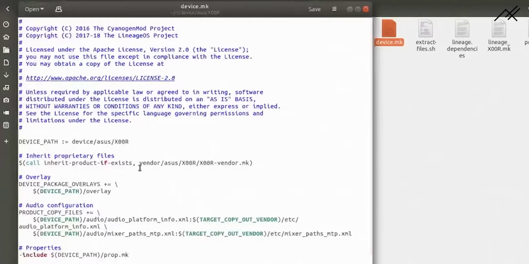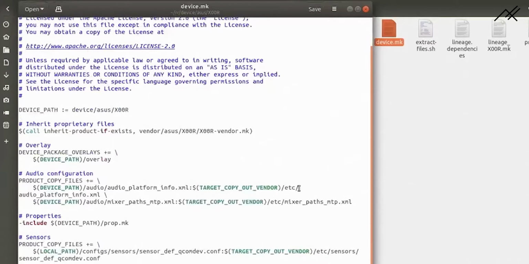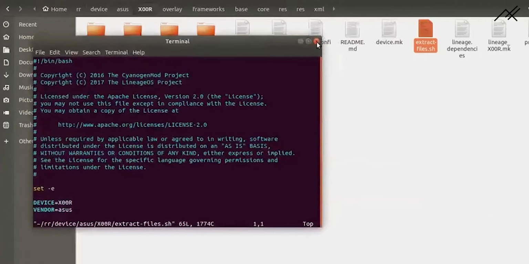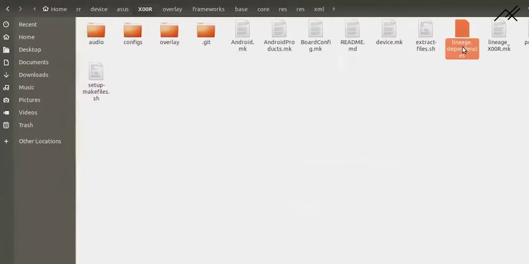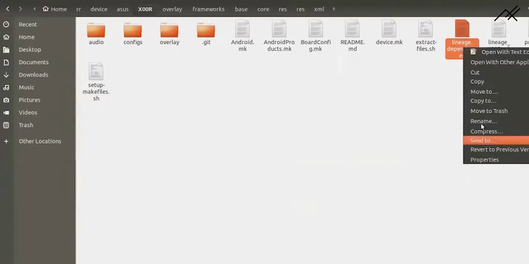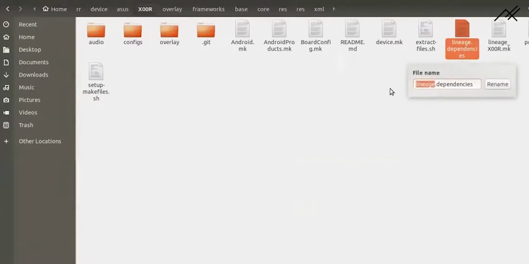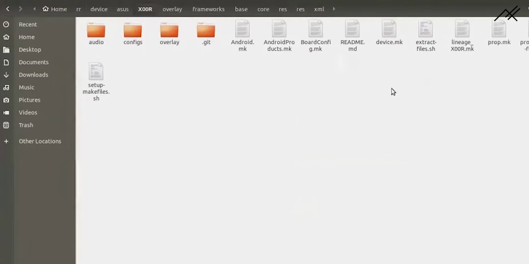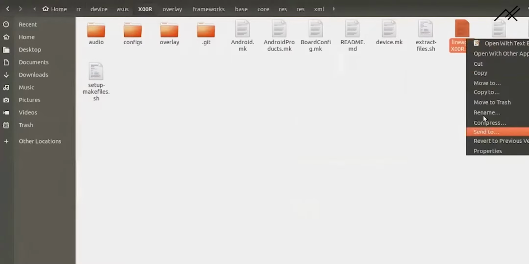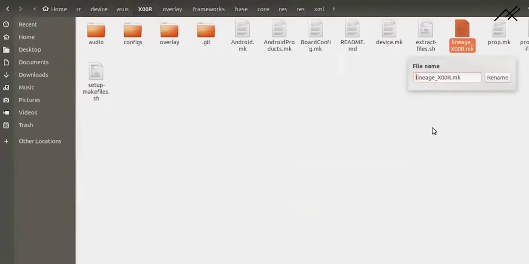And device.mk, XOR vendor, okay, this is not required to change anything, and this is not required. And lineage dependency, I believe we need to rename it to RR dependencies. And then lineage.emma, this one I need to change to RR